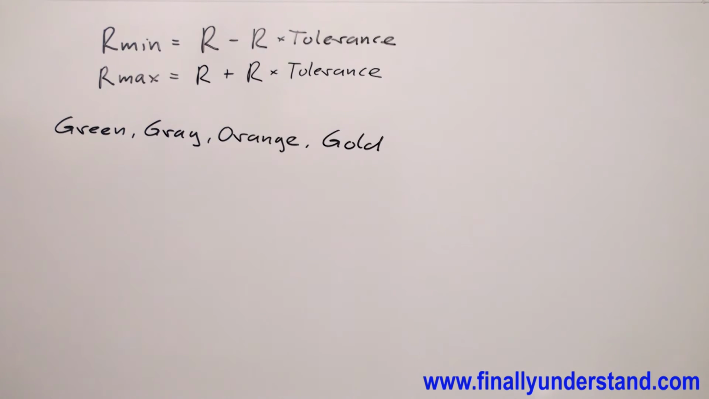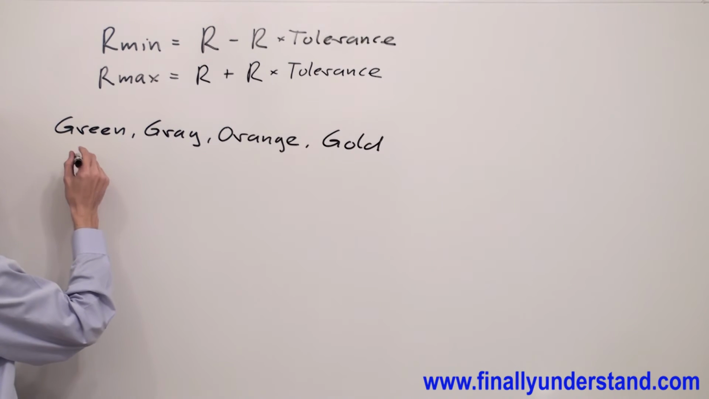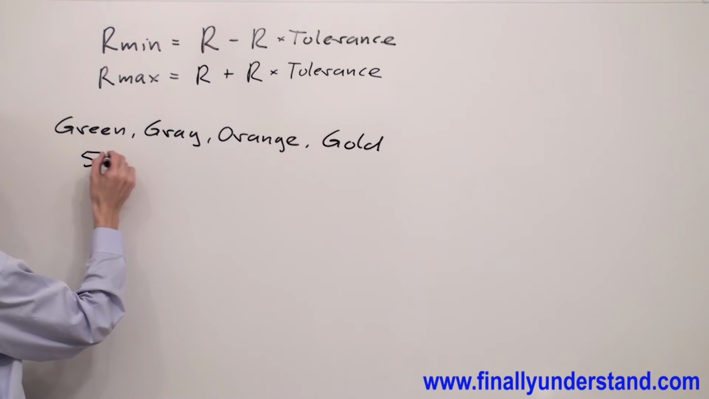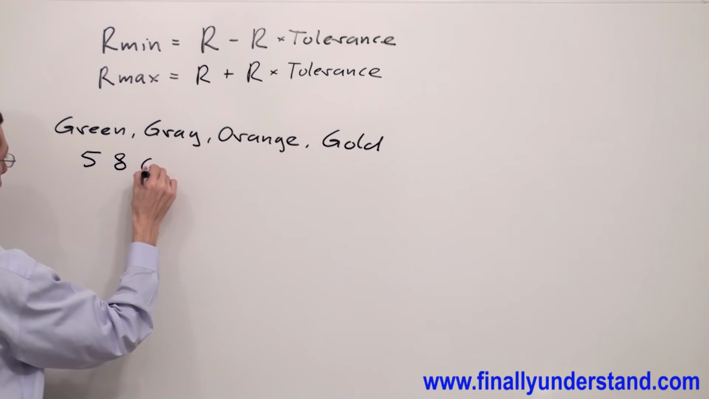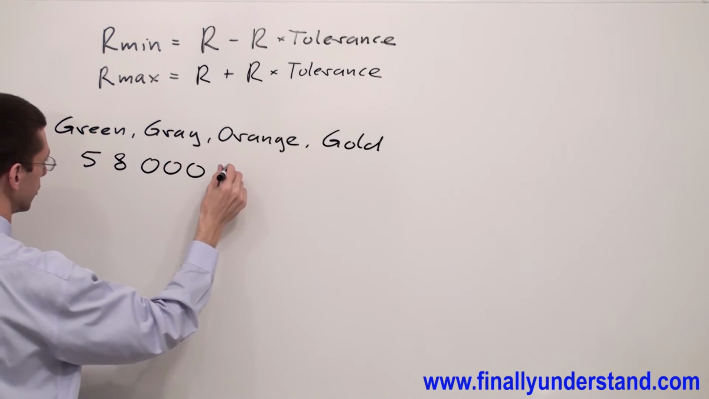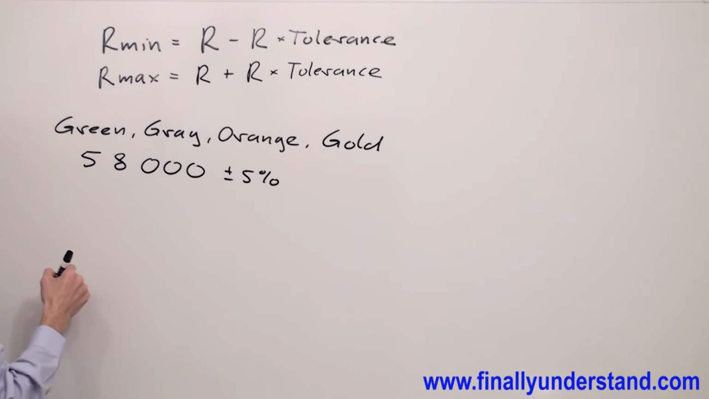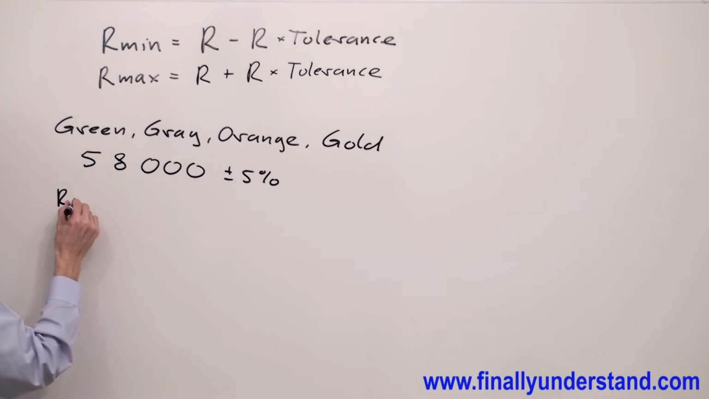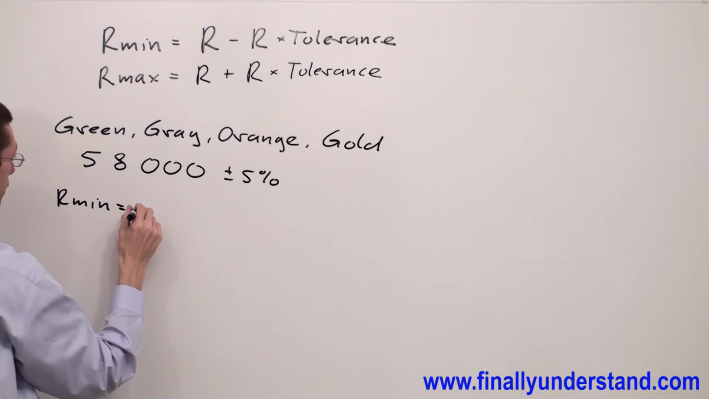Let's take a look at this example. First, we have to find the nominal value. Green is 5. Gray is 8. Orange, 3 zeros. Gold, plus minus 5%. I have to find R minimum. R minimum is equal to the nominal value